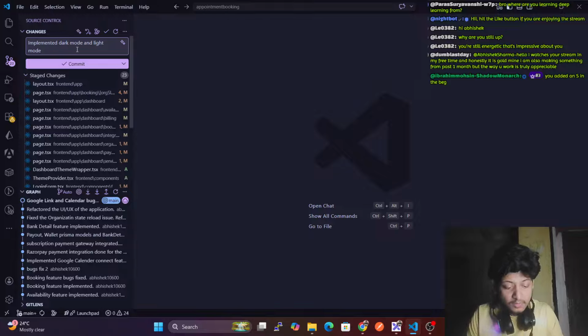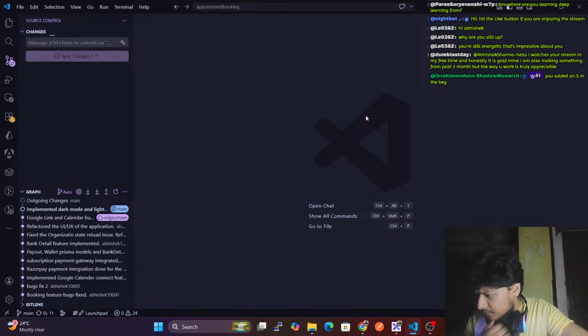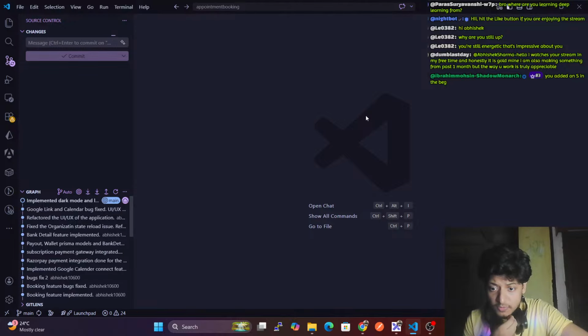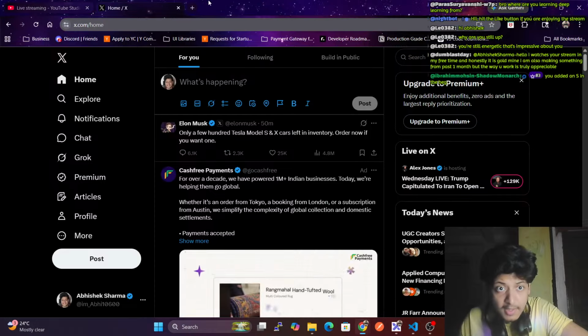Dark mode feature in the application. Commit it, then push the code. So we have pushed the code. Code has been pushed. So if I go to my GitHub,